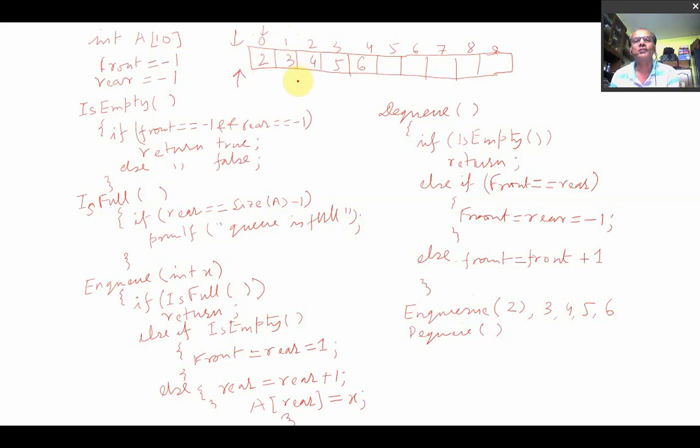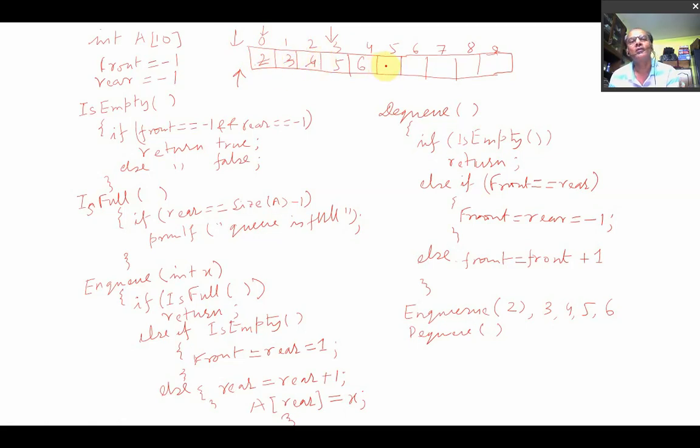That means if you do this DQ operation, suppose 3 times, then after 3 DQ operations the pointer will be here. That means these positional elements are the garbage value for you.